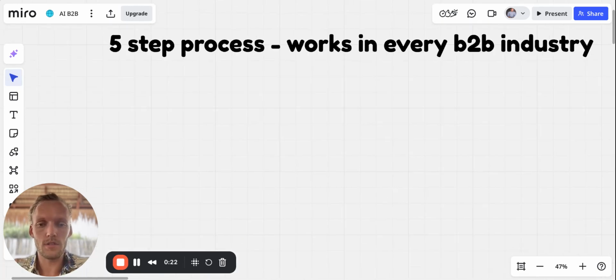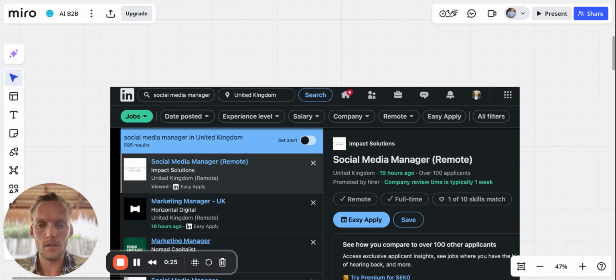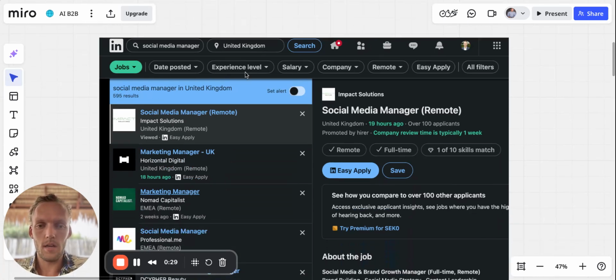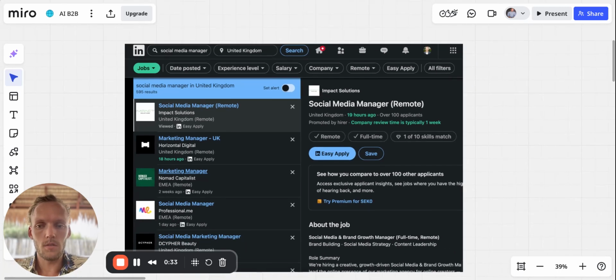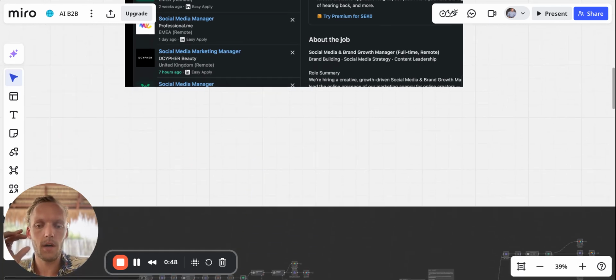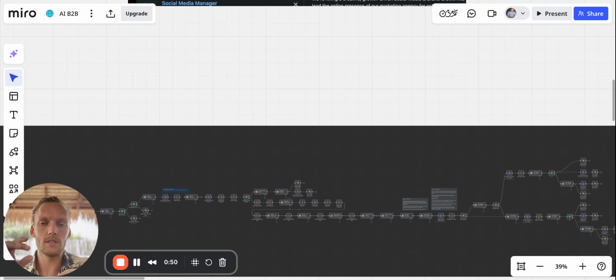For this example, I'm going to show you a campaign I've been running for a social media manager located in the United Kingdom. And as you can see here, it's from the LinkedIn job portal. So this implies that these companies are actually hiring for a role that my client wanted to pitch the service for. So then I took this URL from the LinkedIn job board, placed it into my Apollo, which is connected to